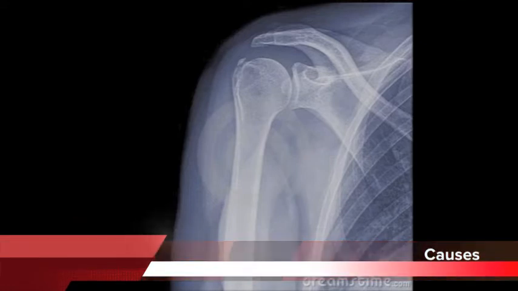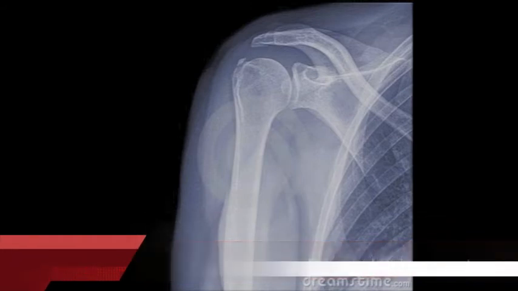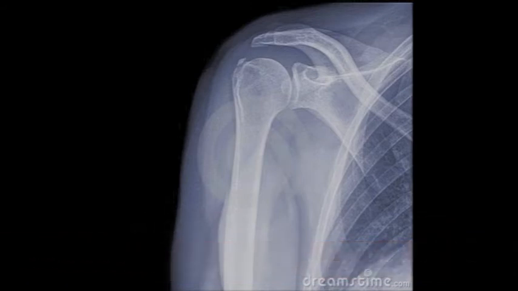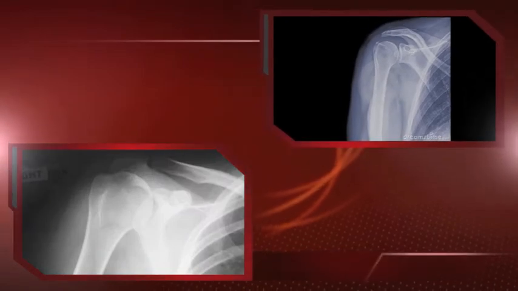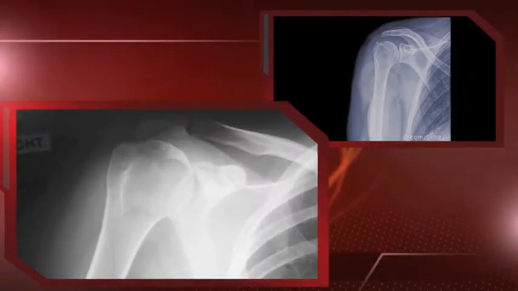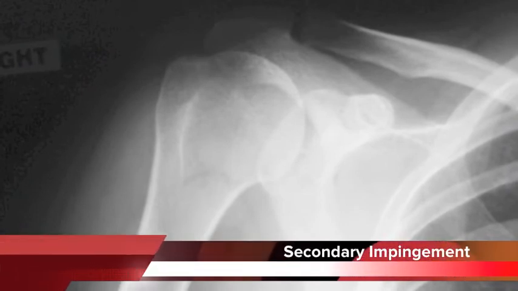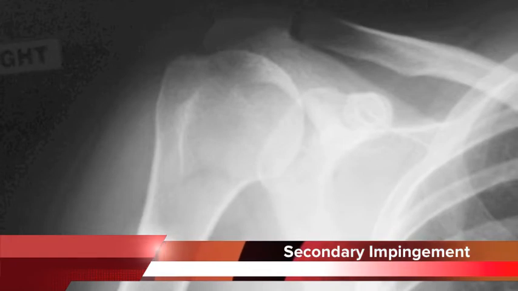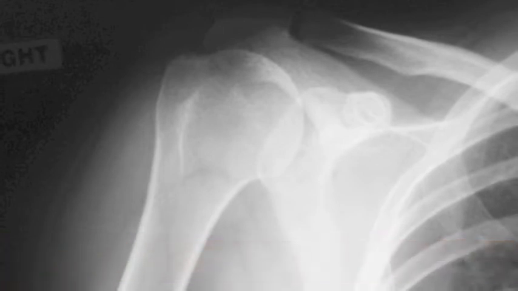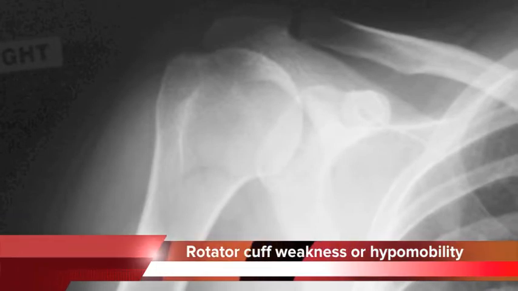Here are some causes of shoulder impingement syndrome. Primary impingement is a result of congenital anomaly in the acromion configuration. Secondary impingement reduces the subacromial space because of alterations in the shoulder's function, which leads to instability within the shoulder joint. Causes are due to rotator cuff weakness,